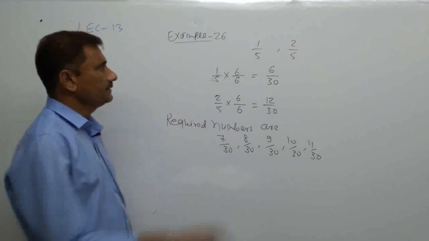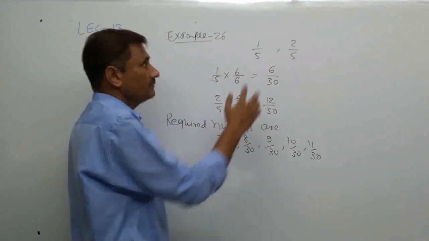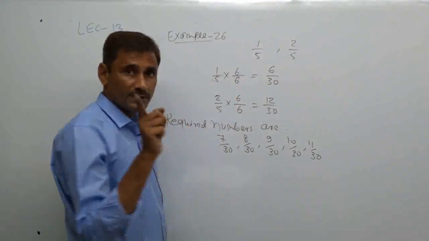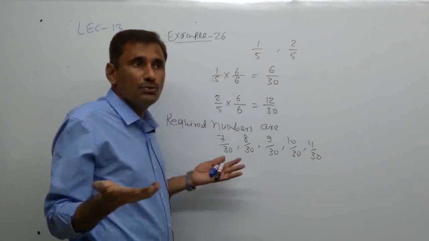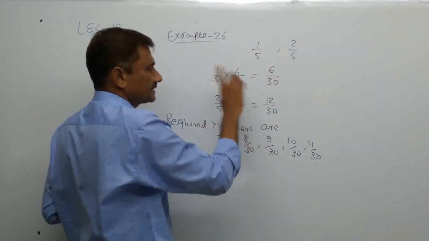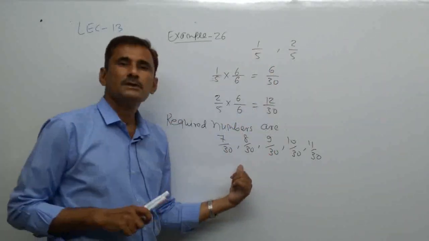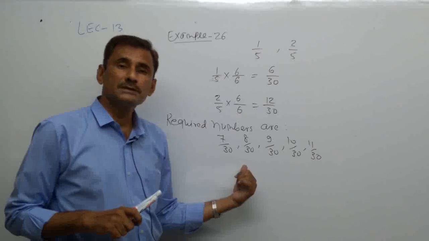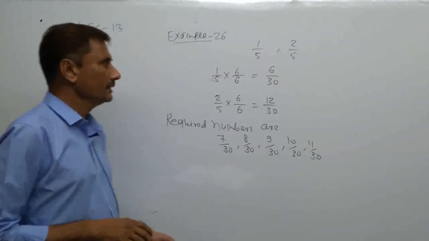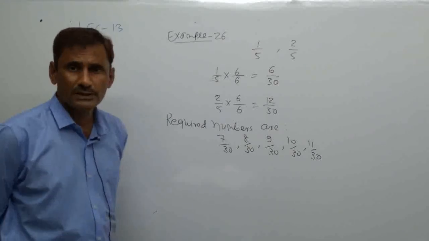Okay, so again already equal. So what to do? Again I multiply. Why? Because no gap is there between 1 and 2. That's why. So how to get a gap? 5 numbers are required. So I multiply by 6 everywhere, so that I get enough gap and get the required numbers in between. Okay, and if you write according to the textbook, it is also right.